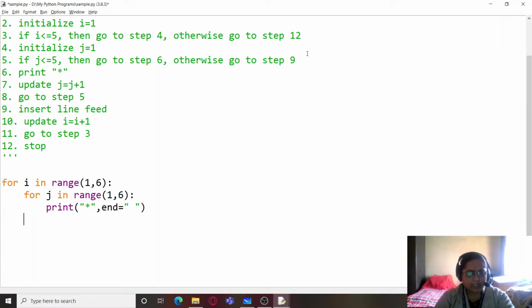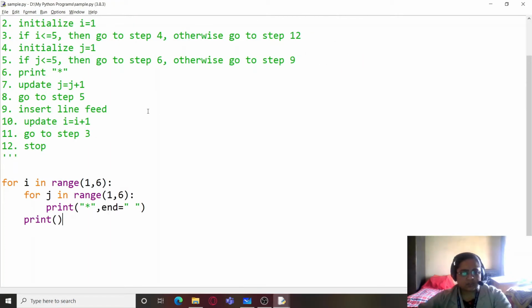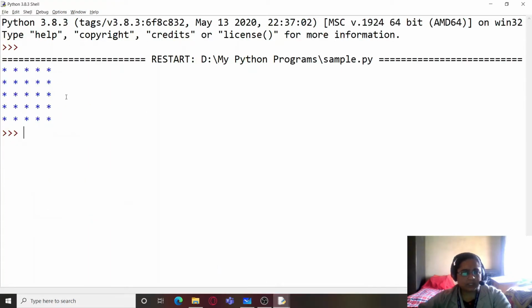So we go back again because our inner loop j ends over here, as skip is already doing the work of the update expression. So outside we are just going to print a new line, that is a simple print statement which is automatically going to change the line. And let's run the program and see. So you can see that we get a nice square matrix.